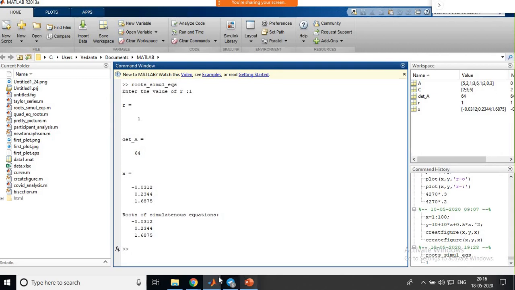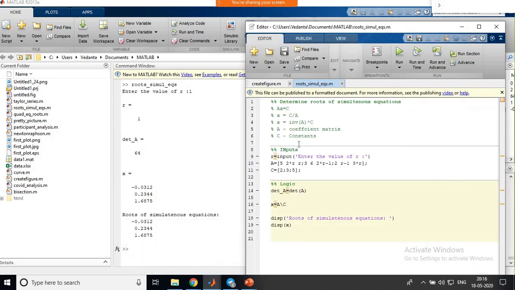Here it is now displaying one thing. You can observe it. So here r is my input value. So obviously it is now showing here r equal to 1. R equal to 1 it has taken. Determinant it has determined. It is coming 64. If this determinant is somewhere 0, what happens? There is no solution. It will not show you the appropriate solution x1, x2, x3.